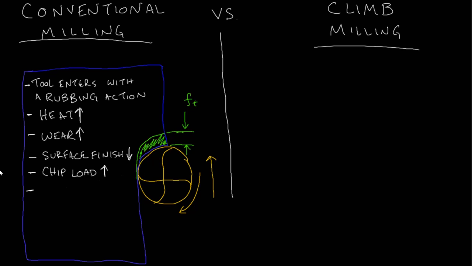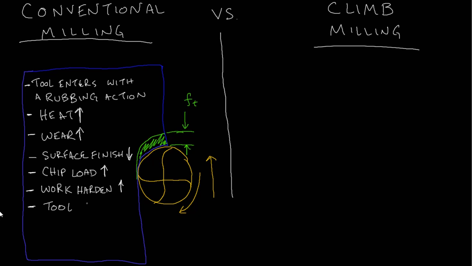And as it's cutting, it's heating up, and you're causing strain and deflection within the material, and that causes it to strain harden. So you get a work hardening zone, and that increases. And so all of these characteristics, such as heat, wear, chip load, your work hardening zone, cause the tool life